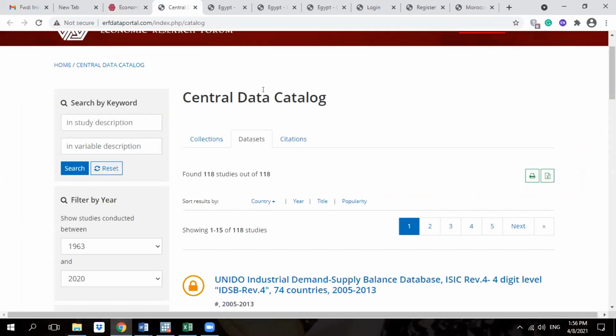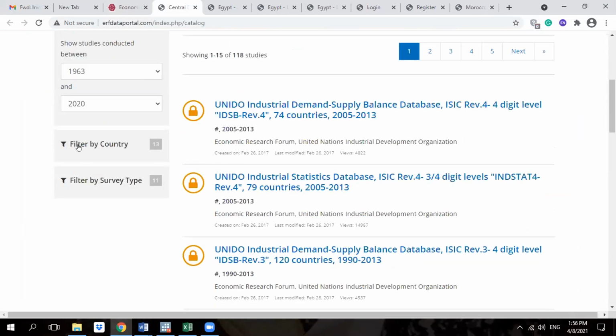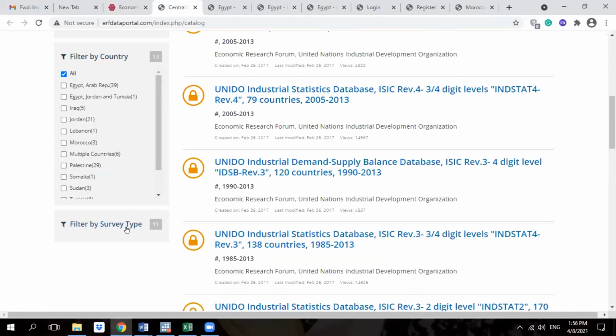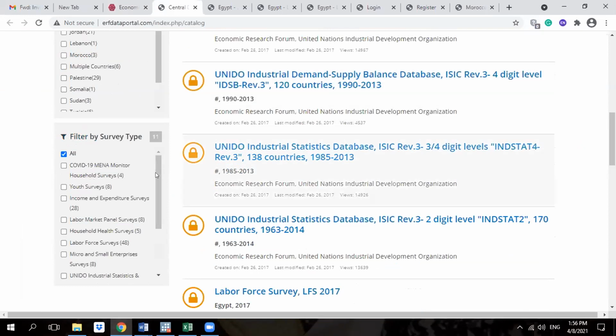Now we have 118 data sets. If you are interested in a specific country, you can search by country. If you are interested in a specific survey type, you can just click on your survey, and all the surveys of this type will appear.